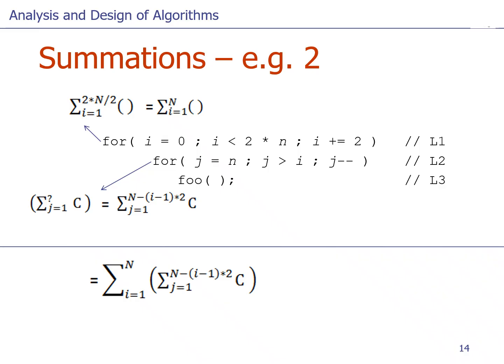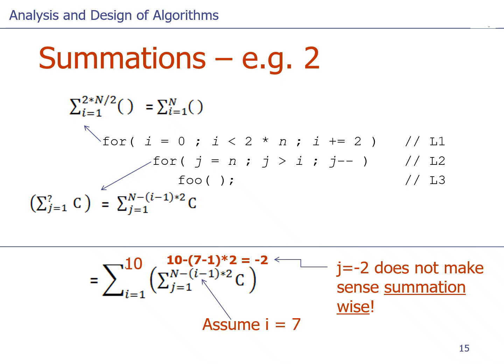That has no meaningful solution using summations. You cannot say j equal to 1 from 1 to minus 2. Okay? Now, even though the upper term here in the inner summation kind of follows the logic of the code, it's not respecting the mathematical rules, so we cannot really solve it using summations now. Okay? So we need to figure out something to do about this. And this is what I was just saying, that this will resolve to minus 2. Okay? So we can't solve this mathematically, but we need to use summations to do